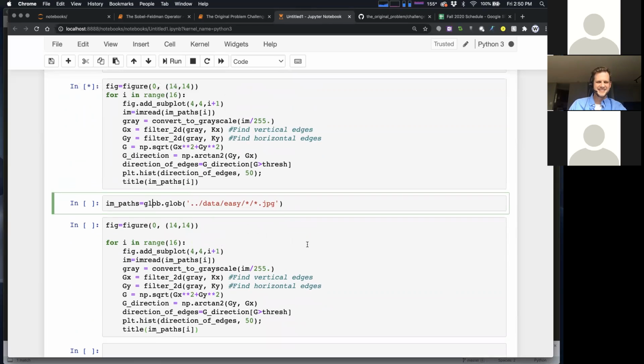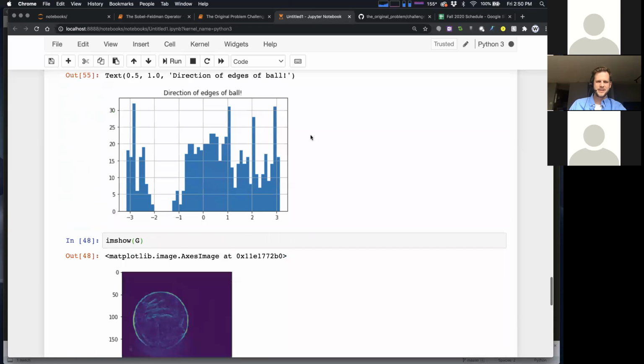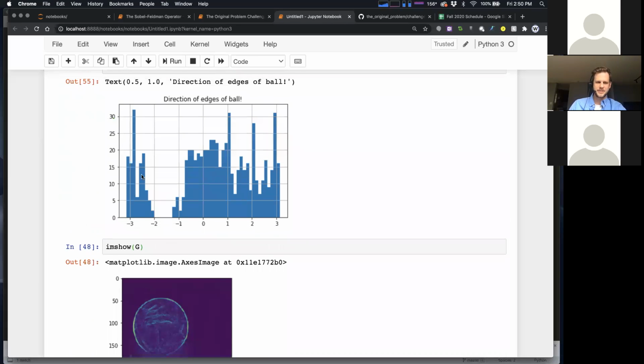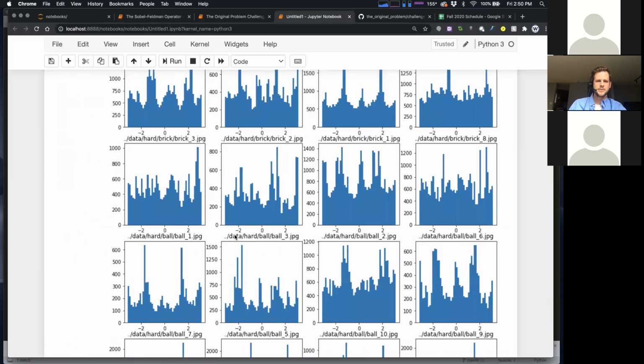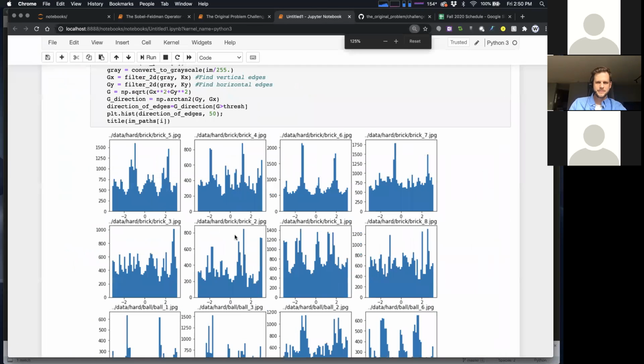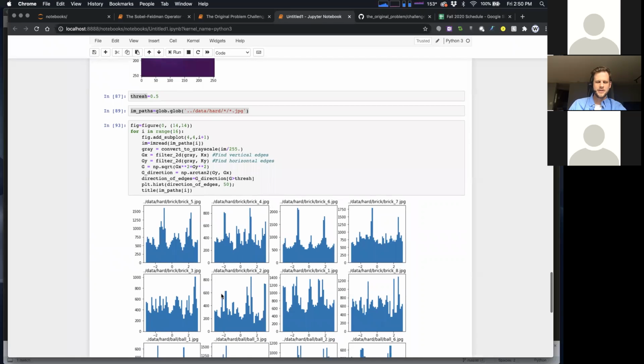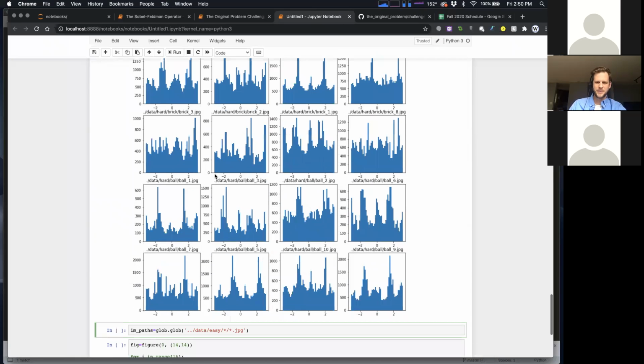Let's see here. I'm predicting, so we're going to look at a bunch of these plots, right? We're going to look at one for each image. I'm predicting for the hard images, they're just kind of random. But I bet when we do, oh, there we go, cool. Okay, let me make this a little smaller. All right, fun. Oh, you do see some kind of spikes in the hard ones, but what do those mean?